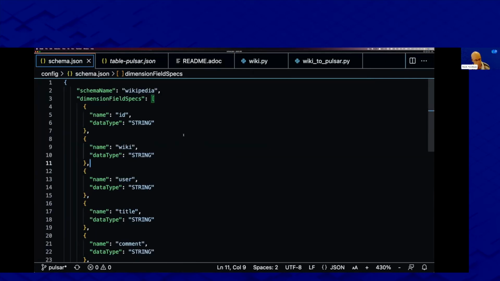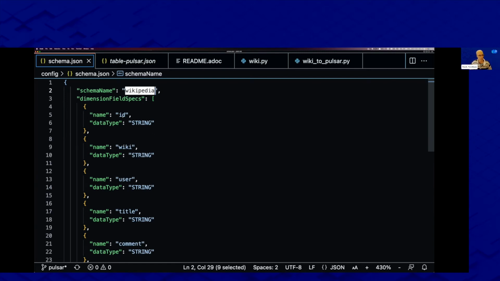In Pinot, we're using tables. So we're going to have a table called Wikipedia. And each table, similar to what you would have in a relational database, you need to specify a schema, but it has its own JSON DSL for defining that schema. Similar to a data warehouse, you need to specify what type each field is. For example, I've got some dimension fields, I've got some metrics fields, and then I've got a timestamp. That categorization of the fields is used by Pinot to work out how it can store the data, and then when querying it, how it can process it.